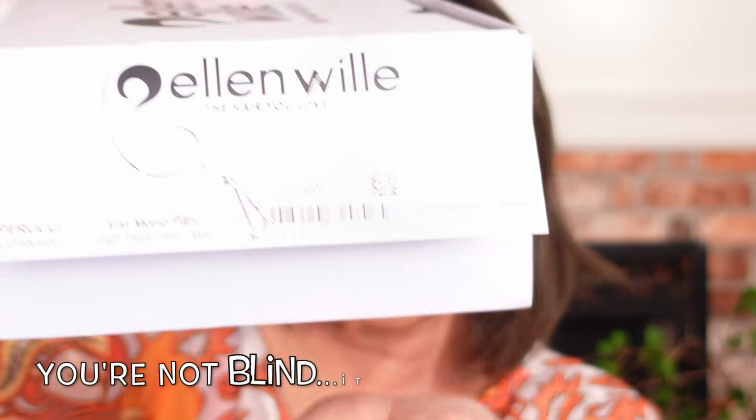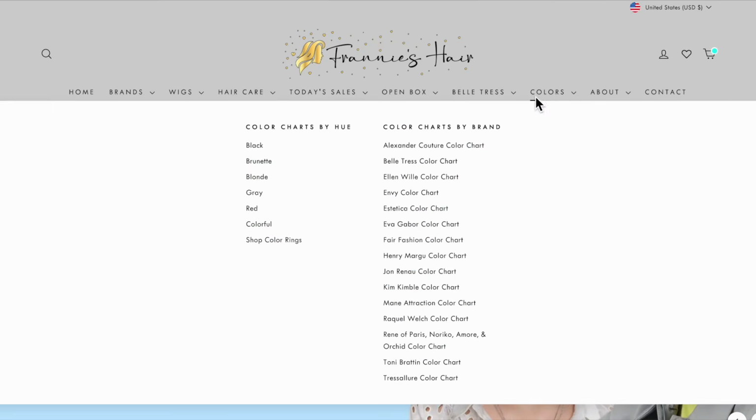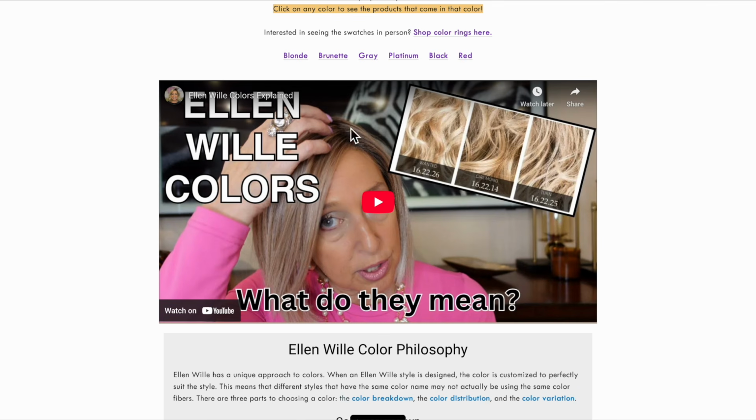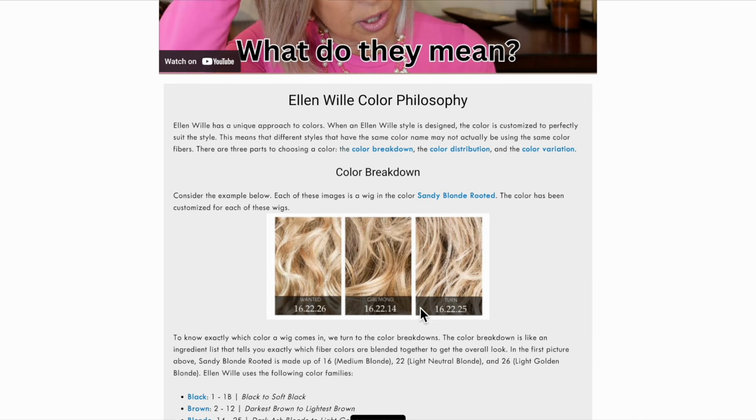The colors for coffee brown frosted, hopefully you can see that there, are 6, which is the darker side of medium brown, I would say, a 10, which is a lighter brown, and a 15, which is an ashier blonde, according to their charts. Now, if you go to their color chart on frannieshair.com, you'll see at the top not only the video that I did on explaining how their color system works, but you will see a chart that